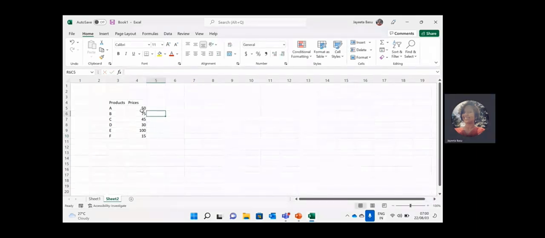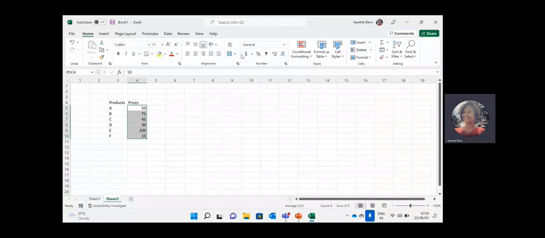Yeah. So I have put all the prices of the product. Now you see this? Select all of them. Yeah, I've selected all of them. And you see this sign, the dollar sign here, accounting number format. So this is in the home ribbon menu. In the number group itself, you will be able to